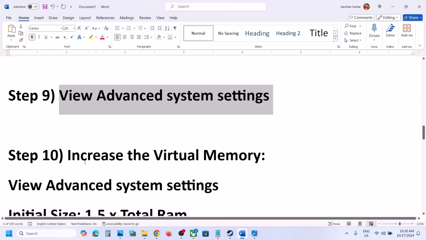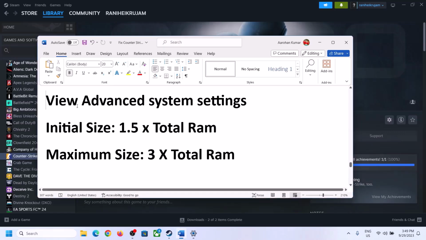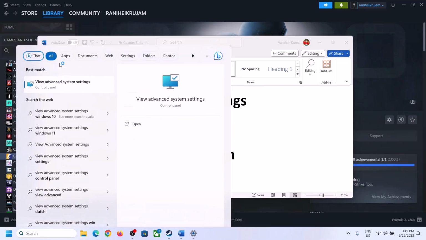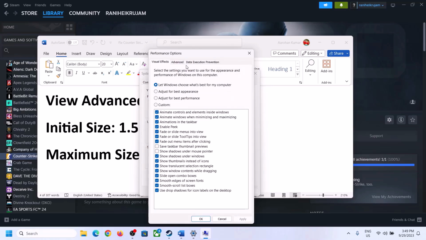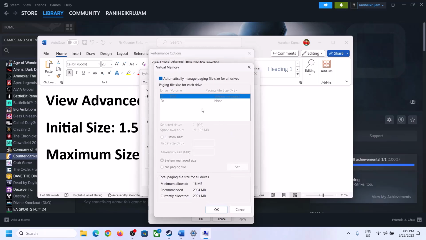Next step is to increase the virtual memory. So to increase the virtual memory, type in view advanced system settings in Windows search box and then click on view advanced system settings and then click on the first settings and then go to advanced tab and then click on change over here and then select the drive. So uncheck the box which says automatically manage paging file size for all drives. Uncheck this box and select the drive where the game is installed. So select the drive and then once you select the right drive, now put a check on custom size, and